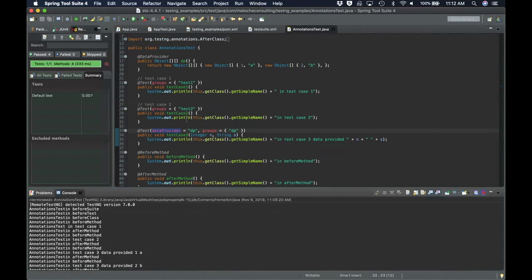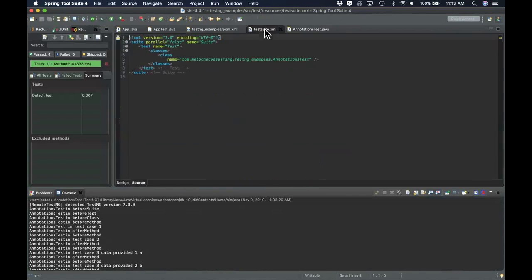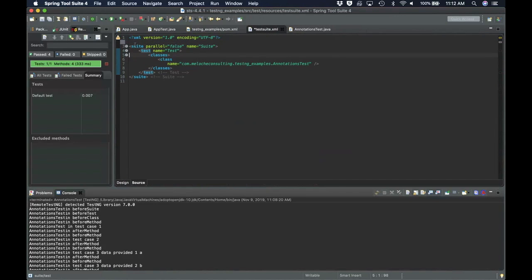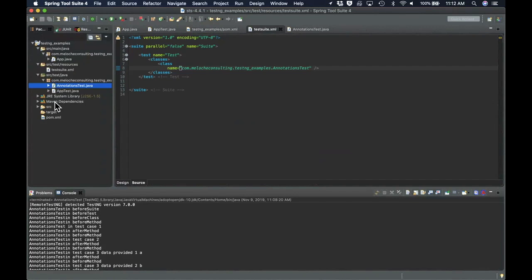So right now we're only looking at the actual test class, or our test case, so to speak. If we go to our test suite file that was created, in here we have our suite definition, we have the test definition, and then we have this guy here, the annotation test. So if I actually run this instead of running our class directly,